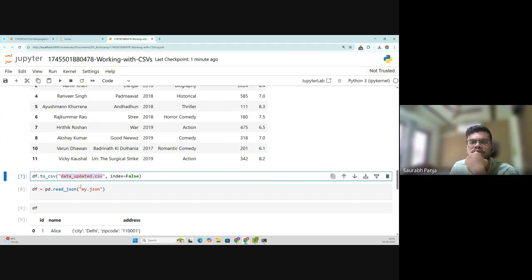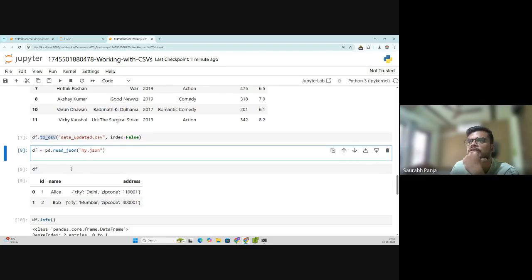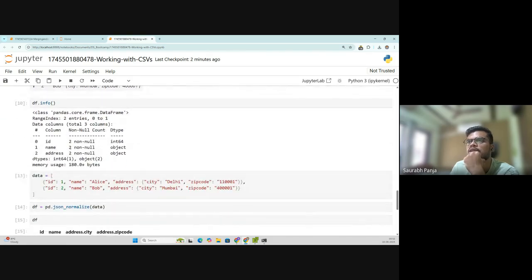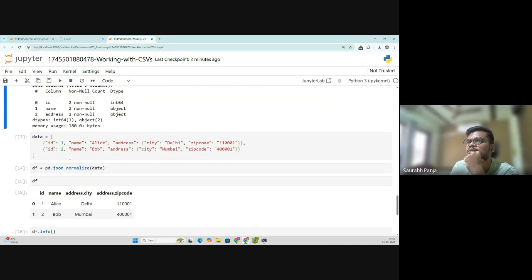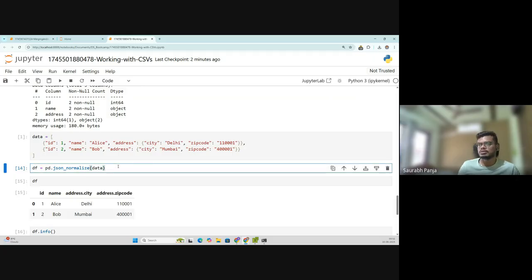Okay. Certain outputs, if you have a data frame, you want to present it to somebody, you do a toCSV. Again, if you want to read from a JSON, here is the syntax, pd.read_json and file path. Okay. Info, we are familiar, it's a very useful function. You get all the details that are needed. What we will do, there's a data. It's a JSON data. If you want to normalize the data,